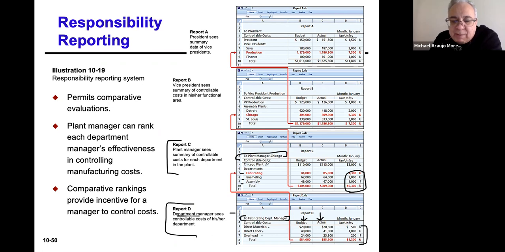When it came to other types of things, it looked as though for the Chicago plant, that was not related to these particular departments, but perhaps indirect related stuff, they were also unfavorable. So in essence, they were all over budget. Their costs were all higher than they budgeted. That would then go up to the vice president in charge of production in this case, and all of the assembly plants would be listed, here's the Chicago one up here, then you have the Detroit and the St. Louis plant,